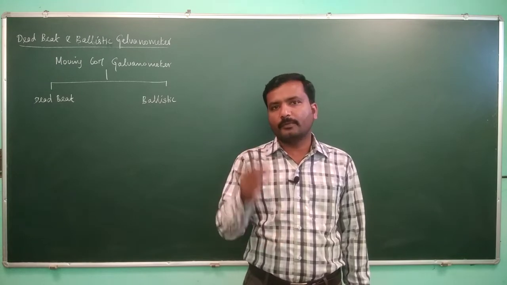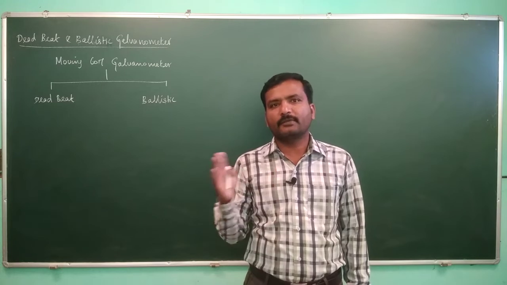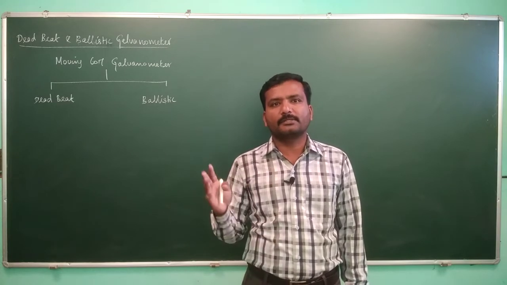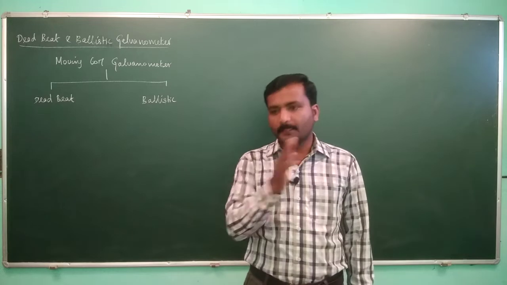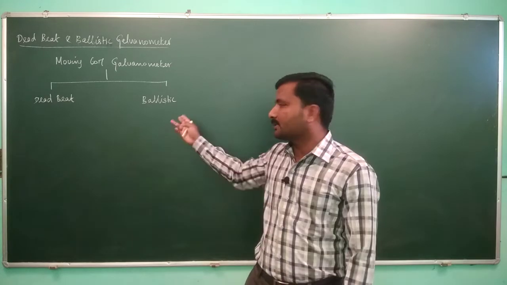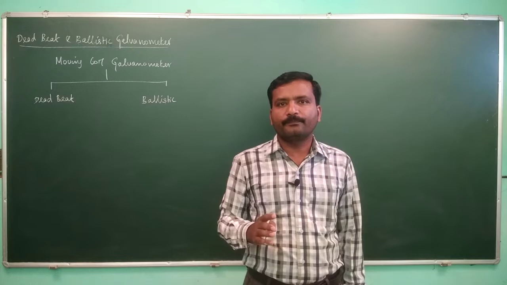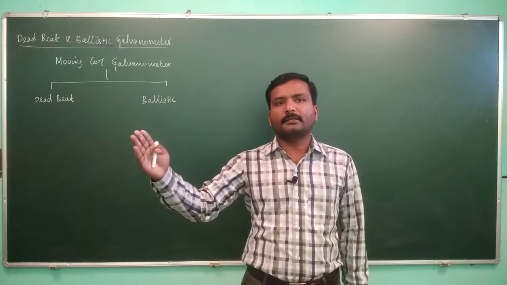While if we consider ballistic galvanometer, there we are not passing the constant current, rather we are passing a current for a momentary time, which creates not a deflection but an impulse, right? In the previous case, this deflection is created because of the constant torque. In the ballistic galvanometer, it creates an impulse. That impulse creates a fast deflection.